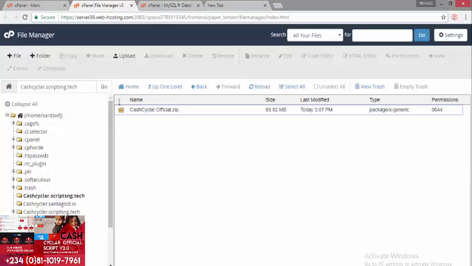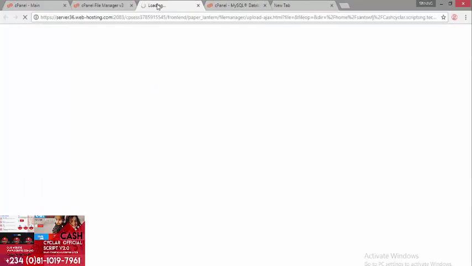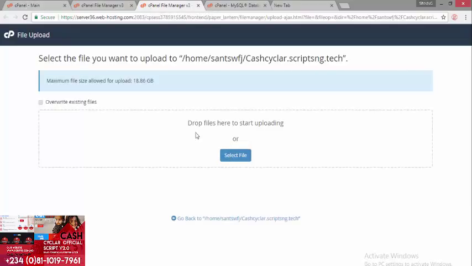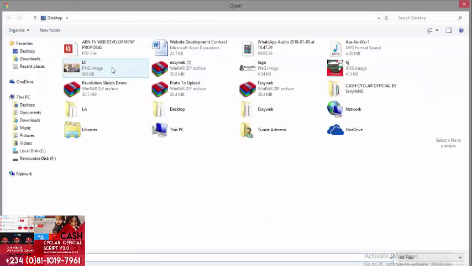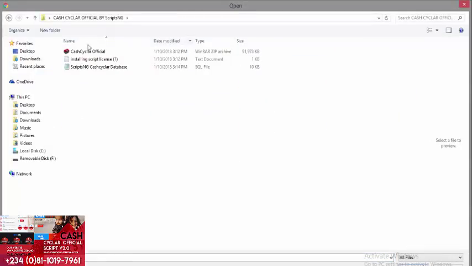If you purchase the script from us, you are going to be getting this file. So all you have to do is click on upload. After you click on upload, you locate the file and you upload the script. I'm trying to upload the script right now. Select file, then I'm going to locate the file by scriptsng.